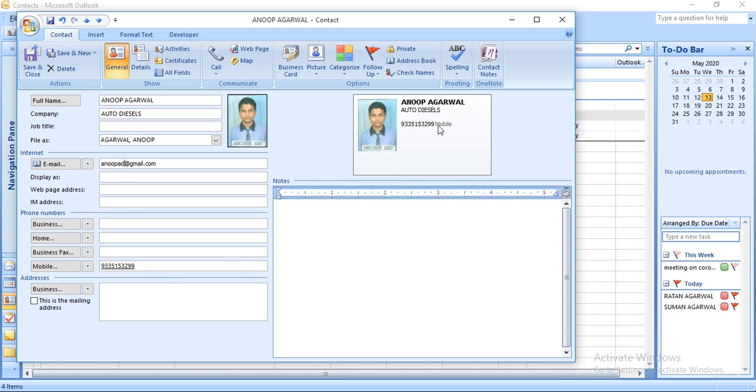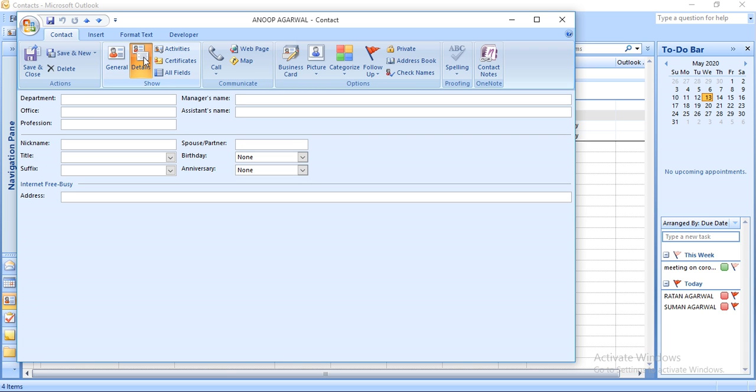This way you can make your iCard also, and here the details. You can see department, profession, and so many things which you can give.